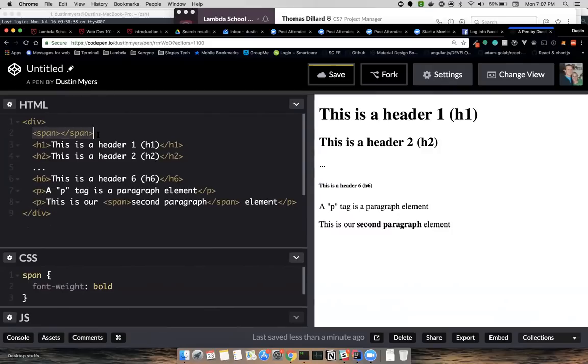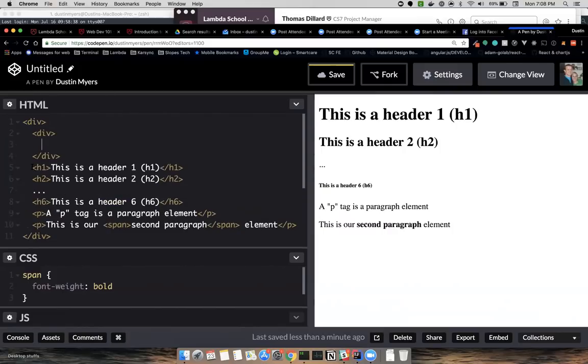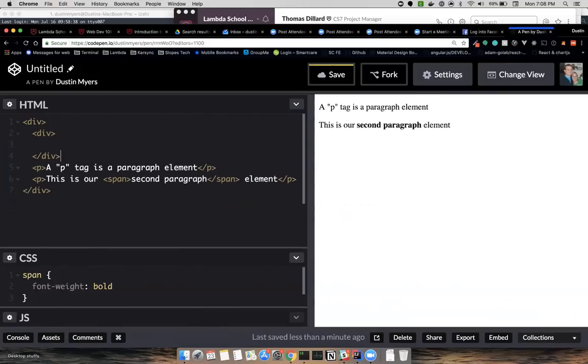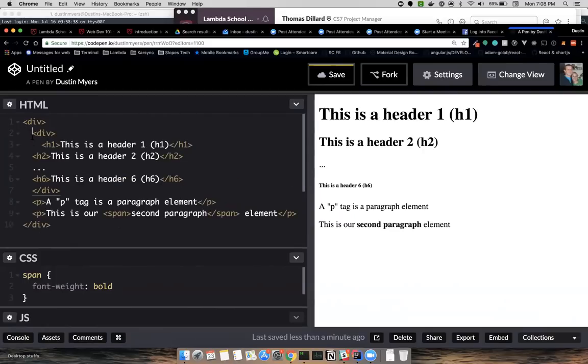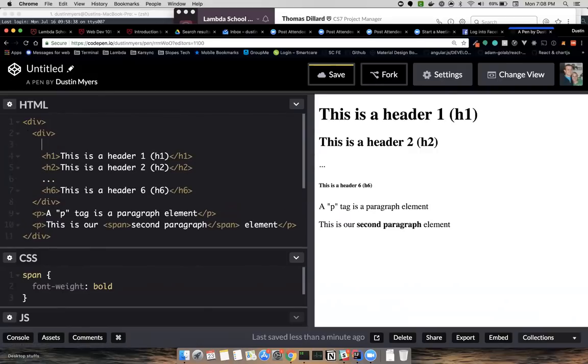Now the reason we want to do this is a lot of times your websites and your code are going to be pretty heavily nested. So this is called nesting your code when you indent all these lines.